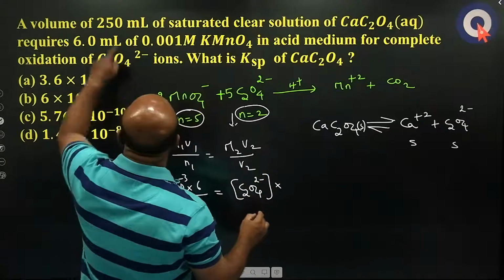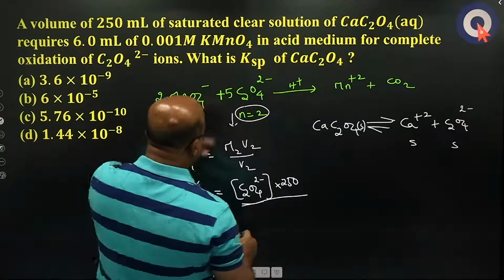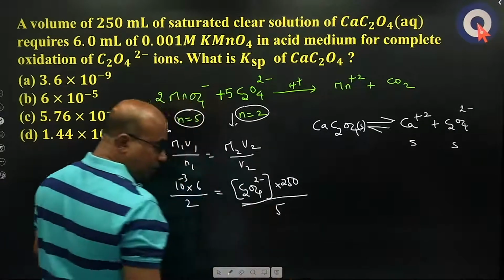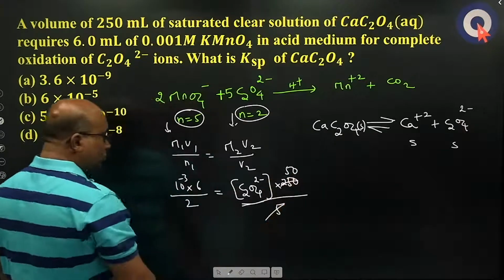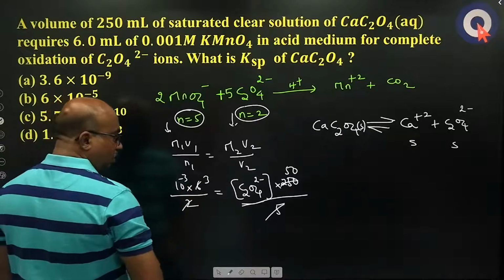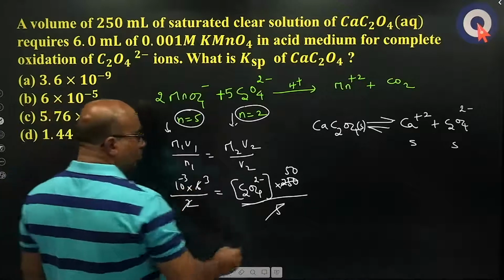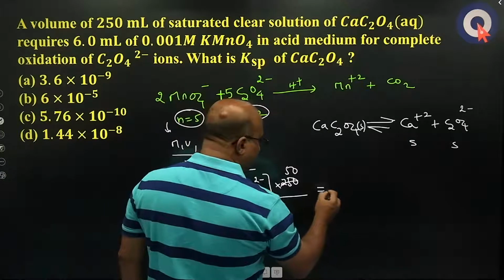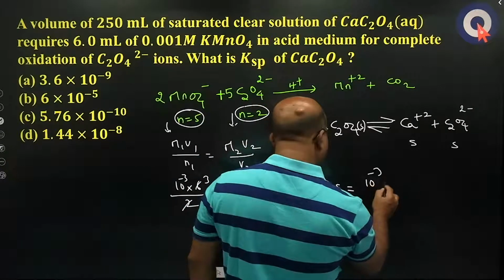The volume consumed is 250, and the N factor of that is 5. So this is 5, 50. This is 3. So this comes into the denominator and becomes 50. So the oxalate ion concentration, or S value, is 10 to the power of -3 into 3